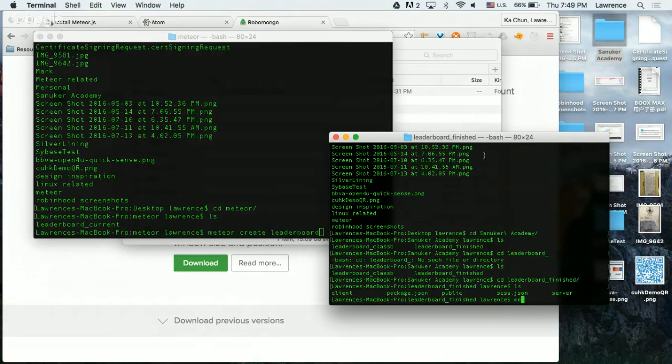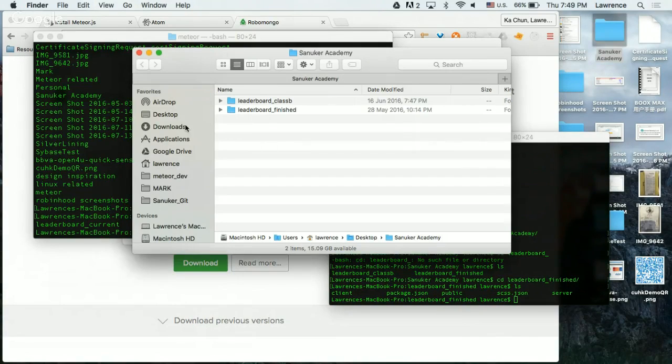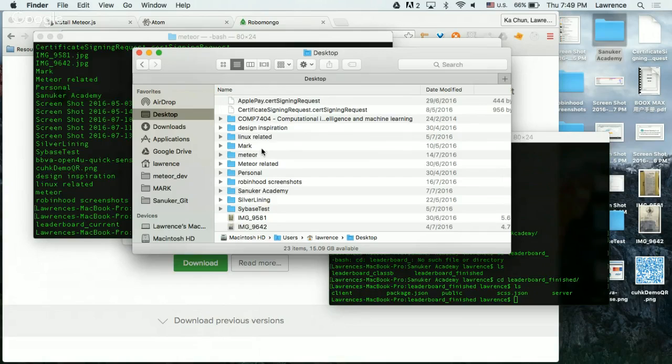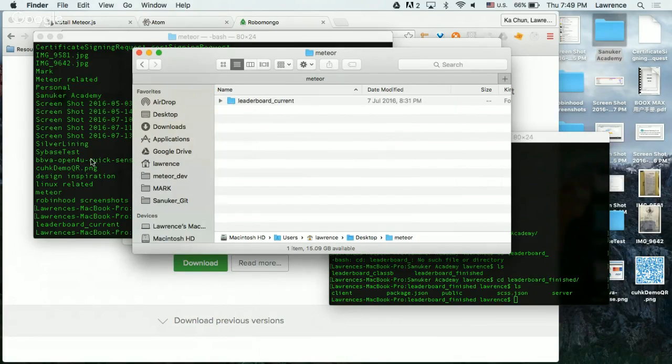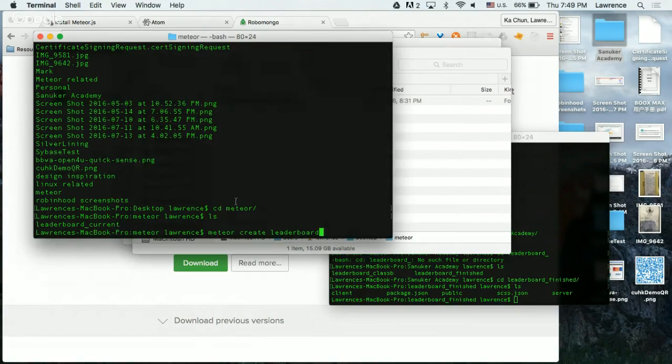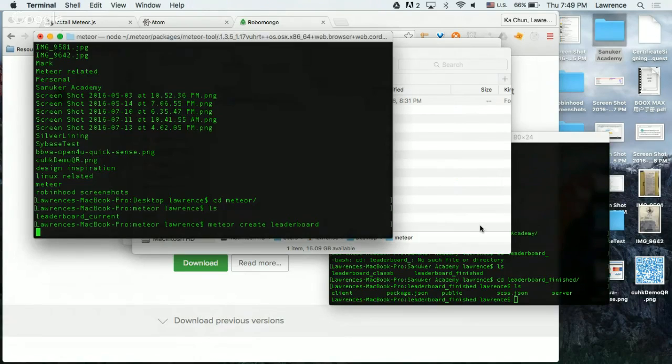Okay, so once everyone has created a Meteor project, try to go into your Finder to have a look. Give me a second, I haven't pressed enter. Once you press enter, you can see it's doing some selecting packaging version and so on.